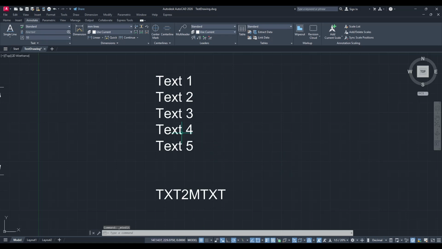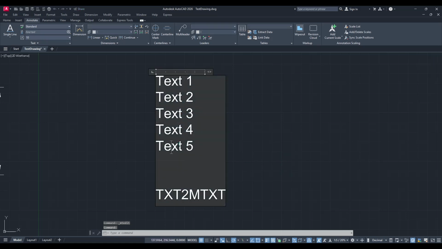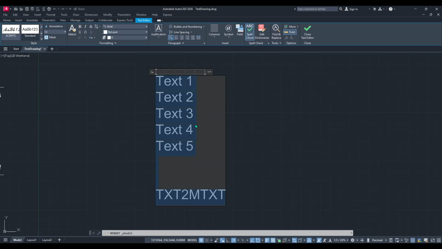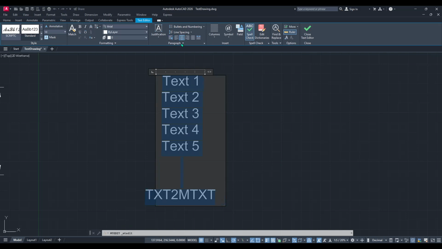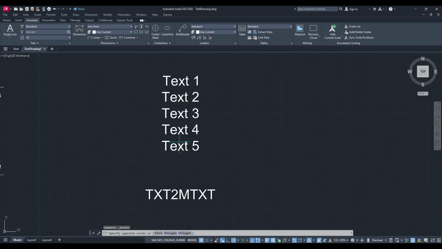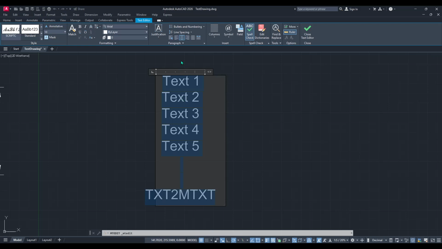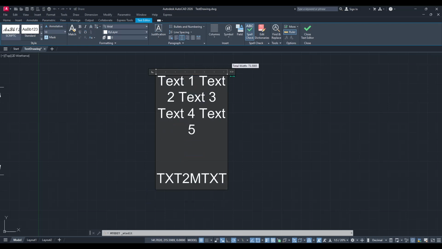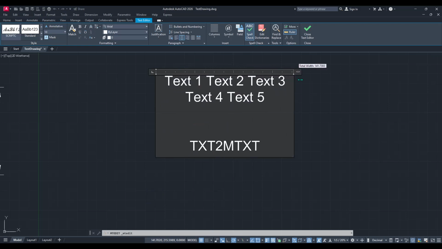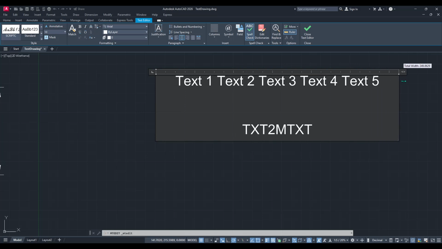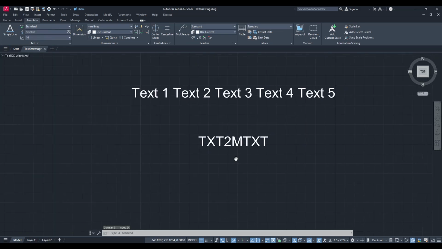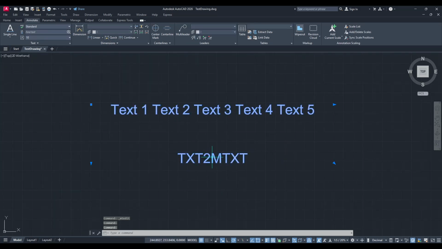This method is particularly beneficial for those working on detailed projects or collaborating with others, as it reduces the risk of misalignment and ensures consistency across your documents. So whether you're updating a technical drawing or refining a design, this single command can save you a considerable amount of time and effort. And there you have it, a quick and efficient way to convert your single-line text into